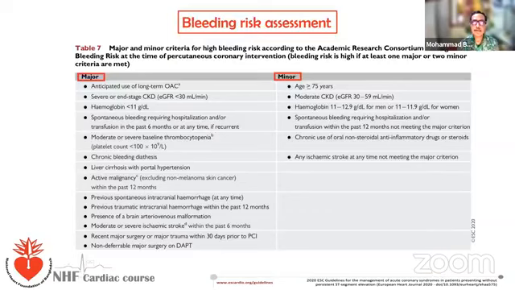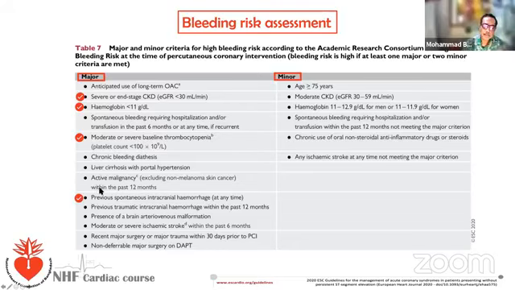Look at this, it is a very busy slide, I'm sorry, but these are the major and minor criteria for bleeding risk assessment. I will not go through all the points, but I will mention a few which we commonly encounter in our cath lab. There are major criteria like severe or end-stage CKD, that is GFR less than 30, hemoglobin less than 11, platelet less than 100,